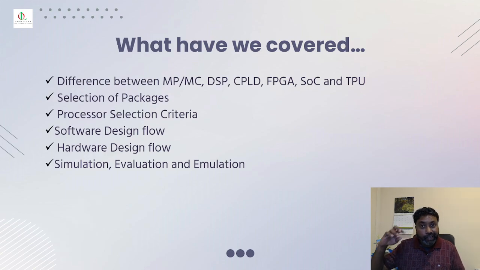processor selection criteria. Remember to look for that benchmark, so you need to look for that benchmark to clear to select your processor. And also we saw the two different flows, the software design flow and the hardware design flow, to bring your embedded design into prototype. So you need to use those two flows. And as part of the design process, you go through three different processes, that is simulation, evaluation, and emulation. And this is all we covered